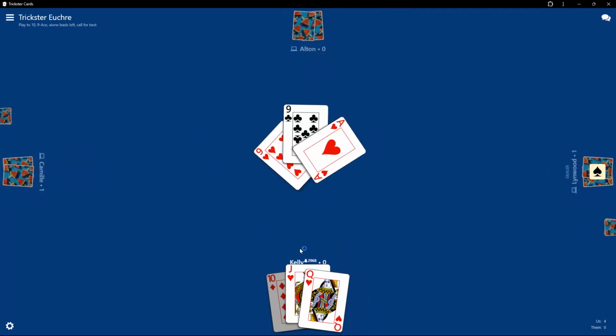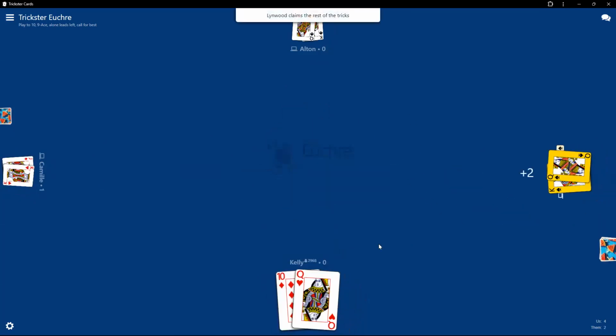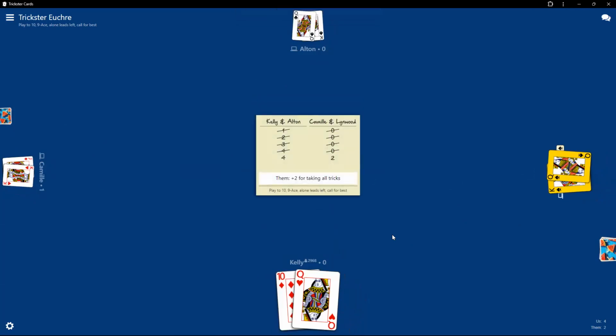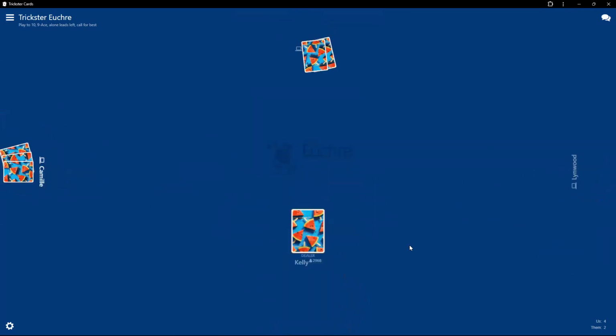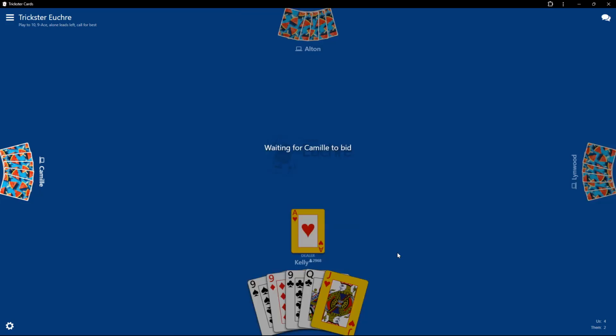Oh boy, that was an expensive one. Left and right bower and the ace at the same time. Had to play a heart. All right. Again, sometimes it'll say, do you want to play those two cards? And most of the time it doesn't. I don't know. Computers must be drinking at night.